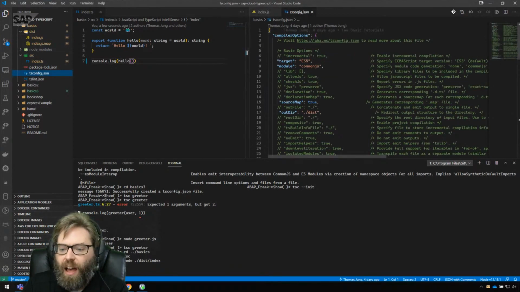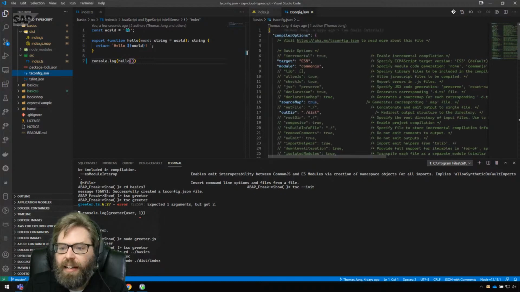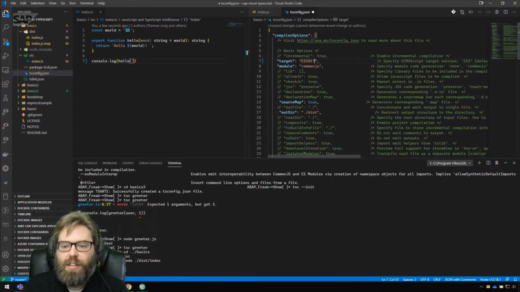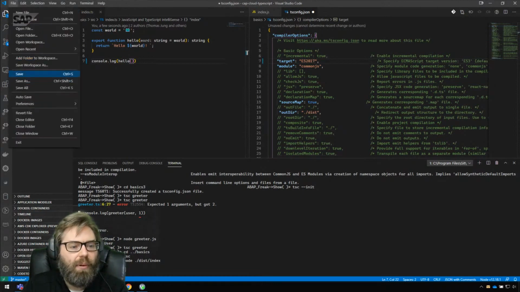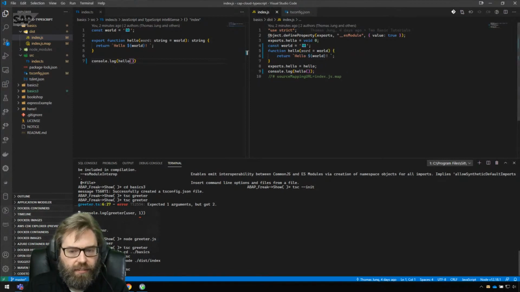Instead of ES5, I can't remember. Let's start with ES 2017. So we're changing the target version of JavaScript that we want to compile to. And this is part of the beauty of TypeScript as well. Now let's compile that again. And now what we see is that has changed,